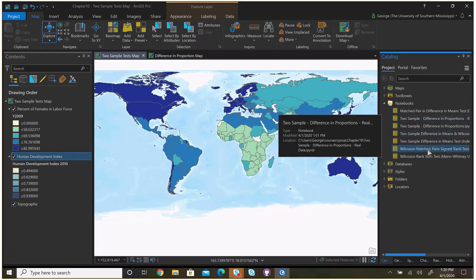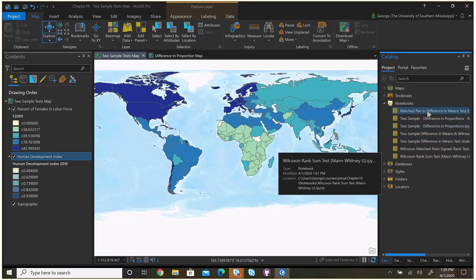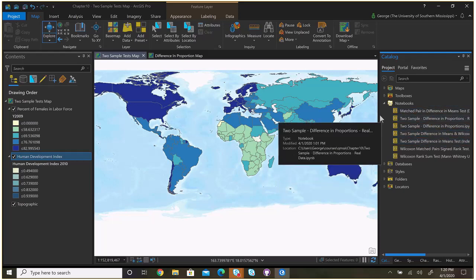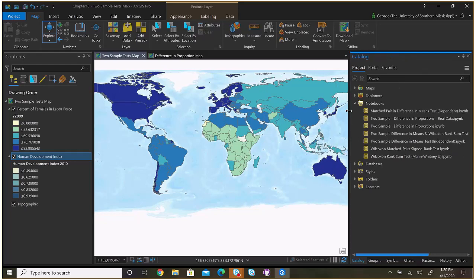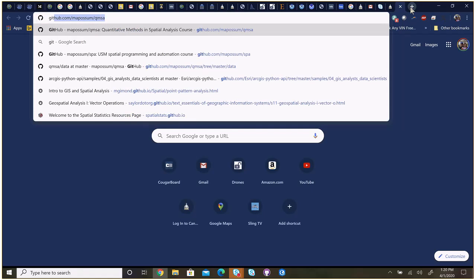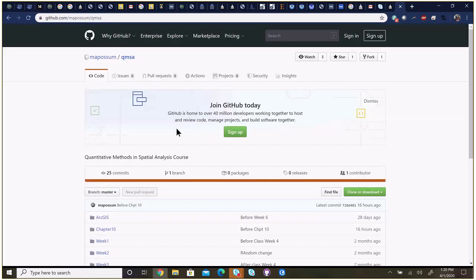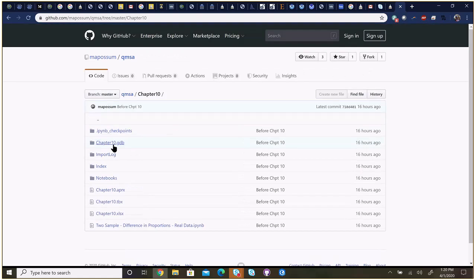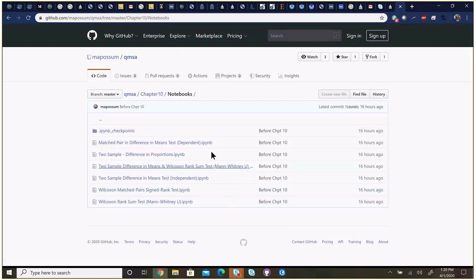Some of these other notebooks I've already shown you when we met 4 weeks ago. They're just simple examples. Going forward, I'm not going to ask you to ever even run a Python notebook. Just interpret the results. And so as a matter of fact, you can actually go to GitHub here, chapter 10, notebooks, and then the notebook I'm about to show you, which is the two sample difference in